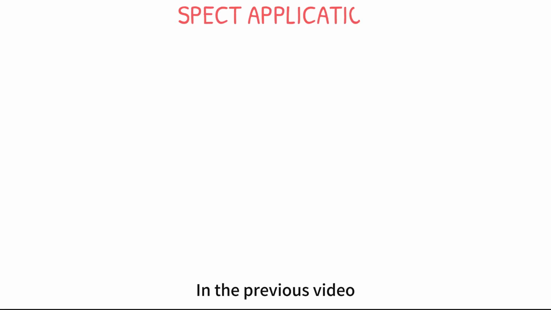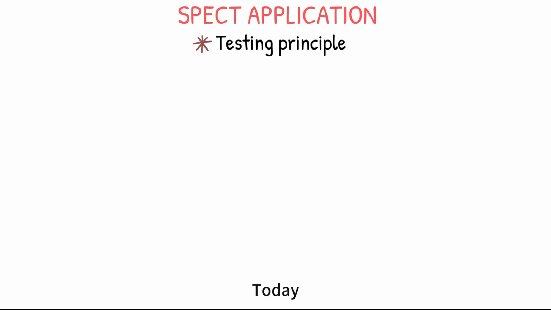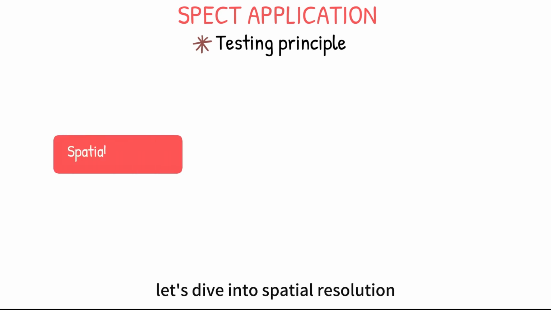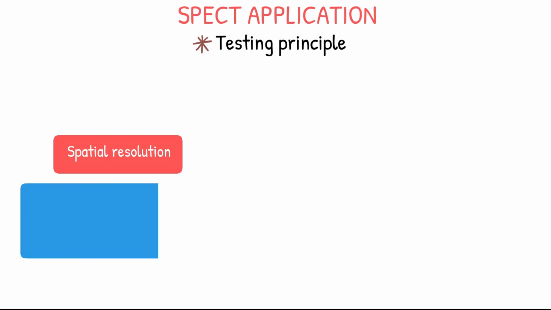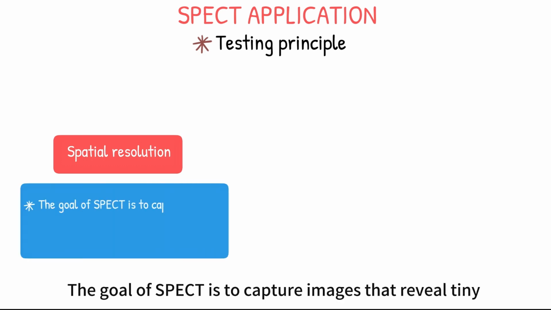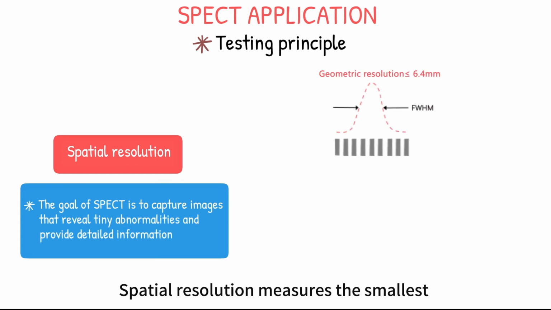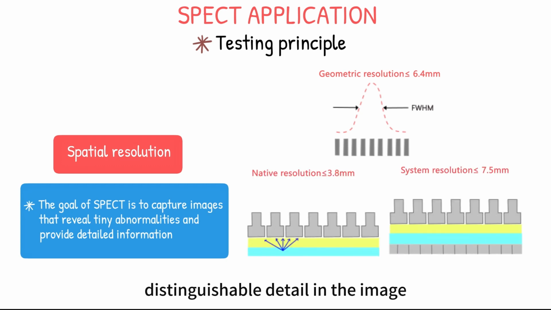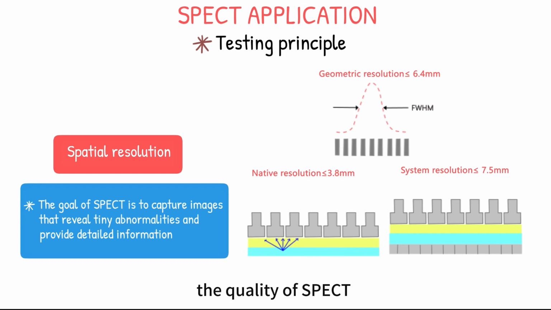In the previous video, we talked about collimator and crystal in SPECT. Today, let's dive into spatial resolution, which is a key component shared by both SPECT and PET. The goal of SPECT is to capture images that reveal tiny abnormalities and provide detailed information. Spatial resolution measures the smallest distinguishable detail in the image, making it a critical parameter for assessing the quality of